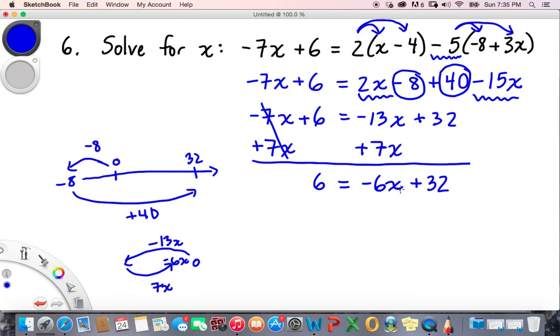Now I have x on one side of the equation. I need the constants, the numbers by themselves, on the other, so I'm going to subtract 32 from both sides. 6 minus 32. Okay, so